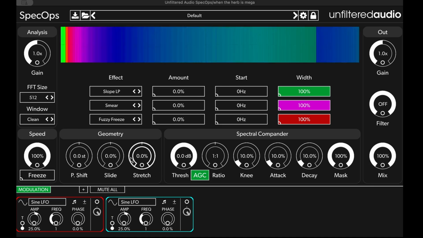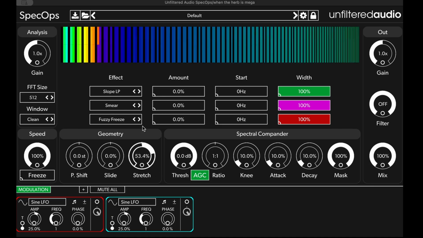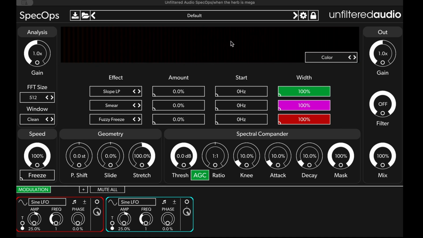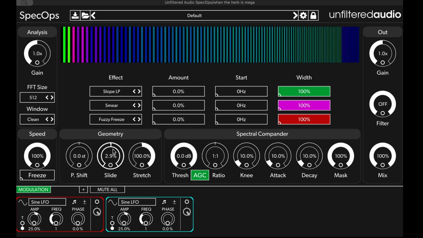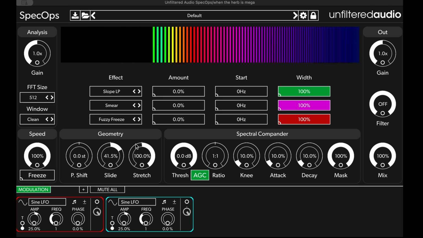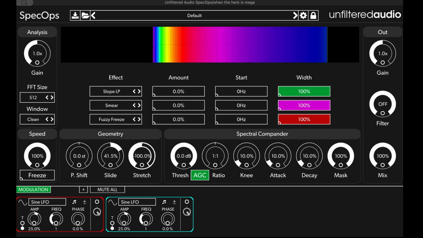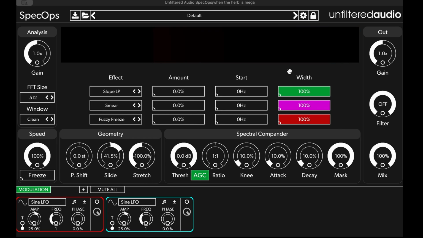So you can see it best in the visual display. Hopefully that's enough to understand what's going on. And if we move slide up or down, that beginning point will change. If you stretch it backwards, it's stretching from the topmost value. And I think if we pause on that topmost value,